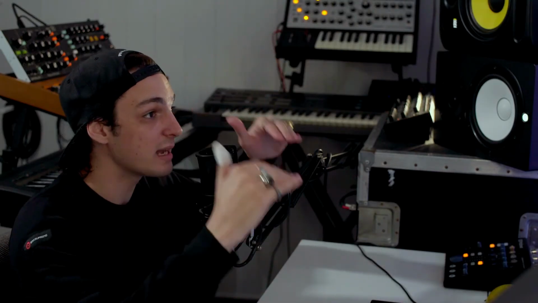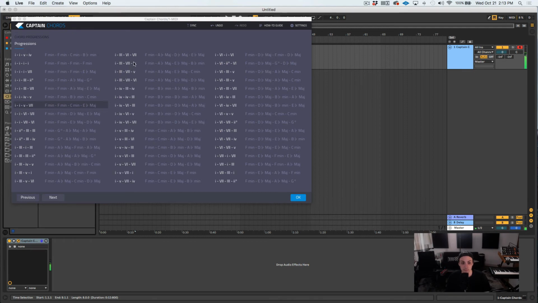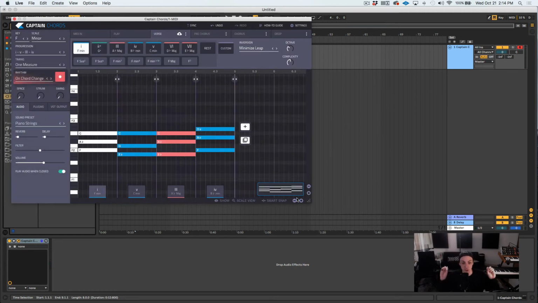So let's go through and see. All of these chord progressions, by the way, are in F minor. So I just need to go through and find one that is pleasing to my ear. I like that one. Okay, so let's just choose that, right? And automatically it's gonna throw out the chords and show you exactly how they're laid out. And if I hit the space bar,